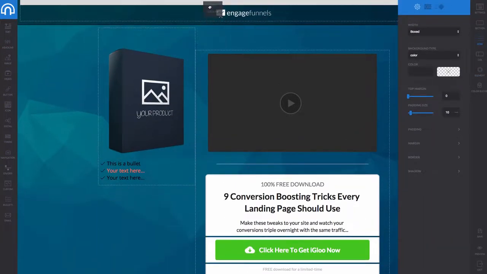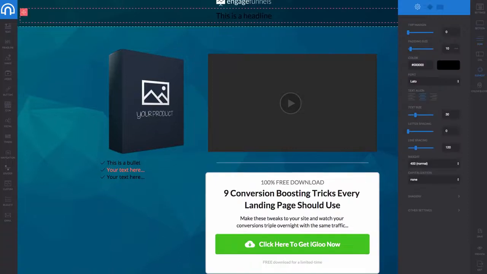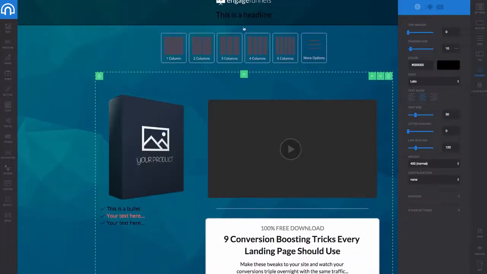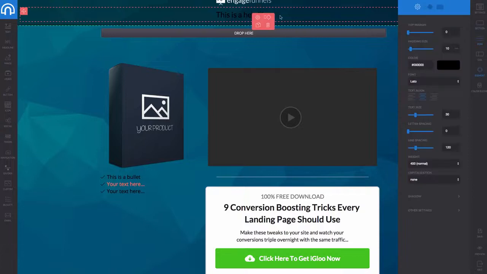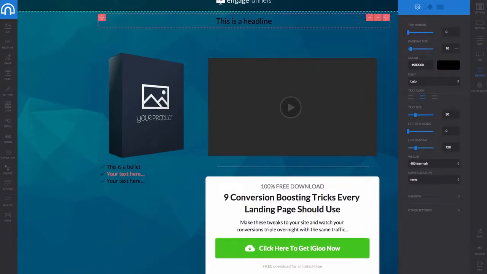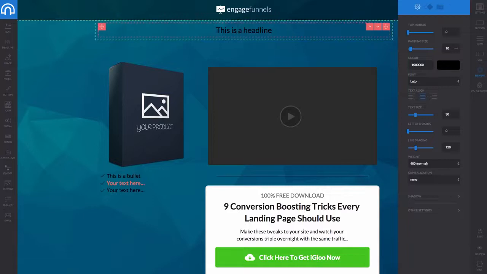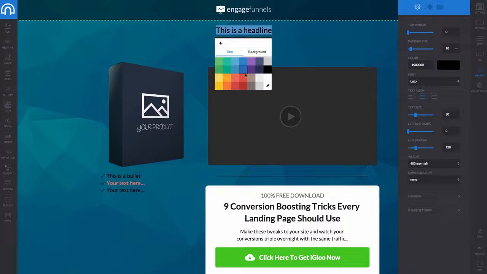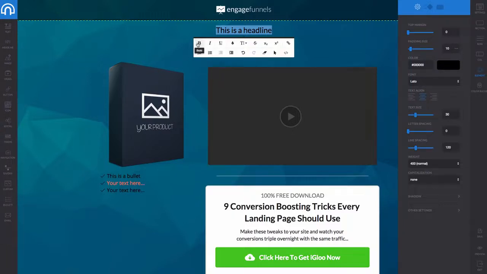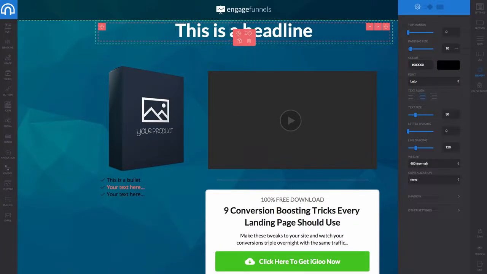So if we decided we actually want to have a headline up here at the top of this page, you can choose to add an element, a column, and then you can actually drag this element in to this here. You can have it inside of our edit area here. We can now turn this to white if we wanted to, and we can enlarge it and adjust the font size as well as we want to, and we could say